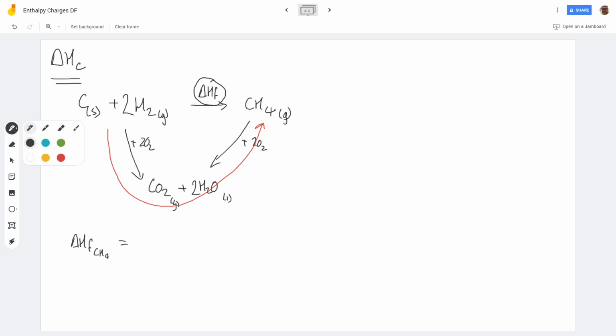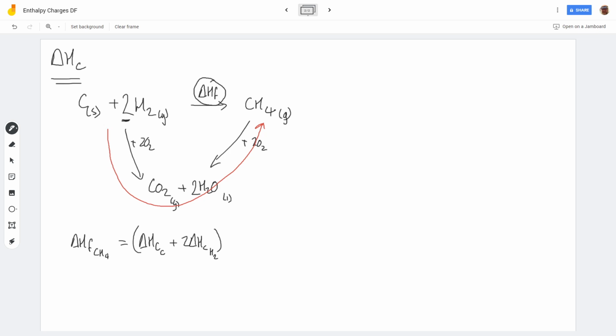So it's whatever we need to get down to this first point. So what we're going to do there is burn a mole of carbon. So we've got to have the enthalpy change of combustion of carbon, and then we've got to add on two lots of the enthalpy change of combustion of H2, hydrogen. I'll put some brackets around just to separate it out. So that is this bit going down from the carbon and the hydrogen to the carbon dioxide and the two